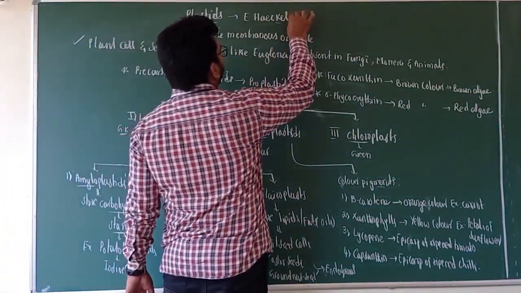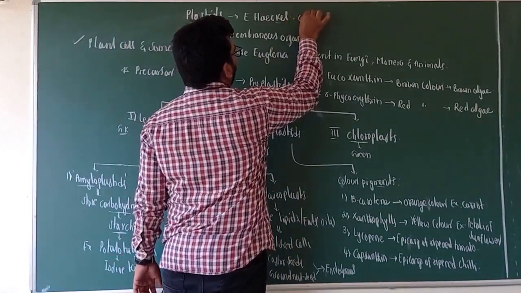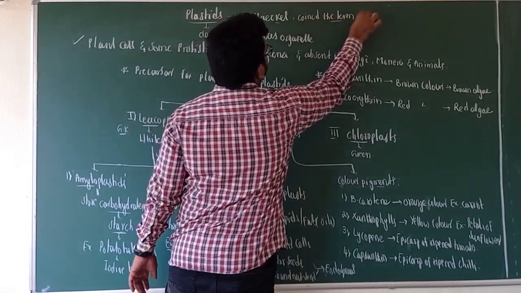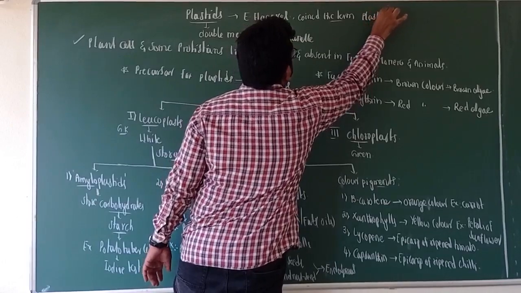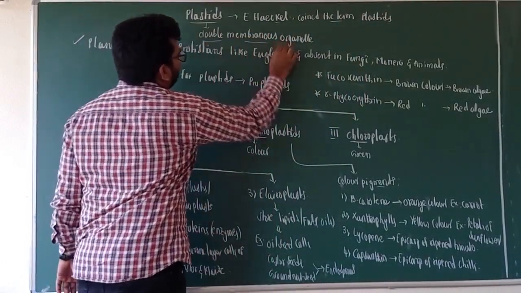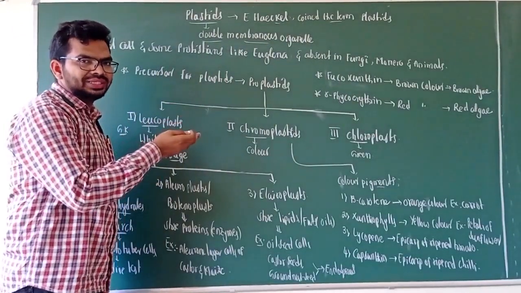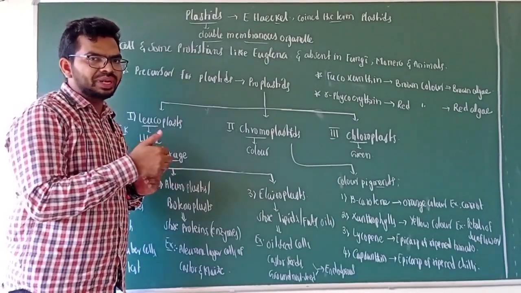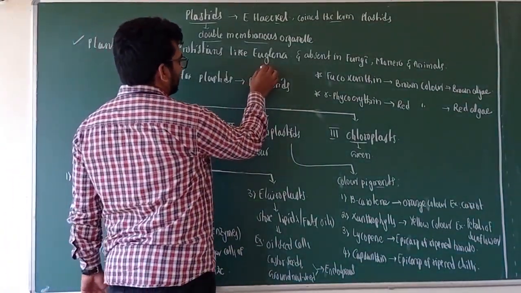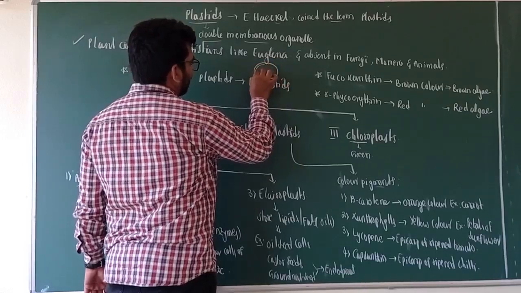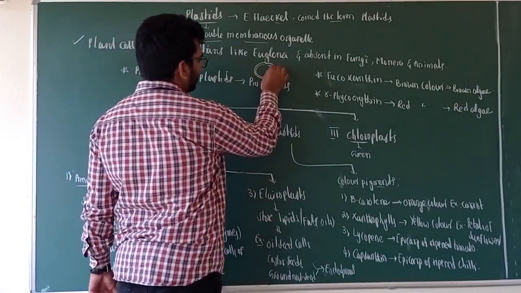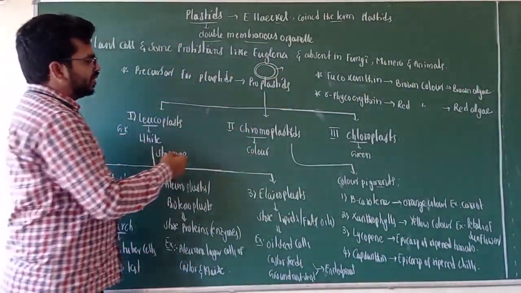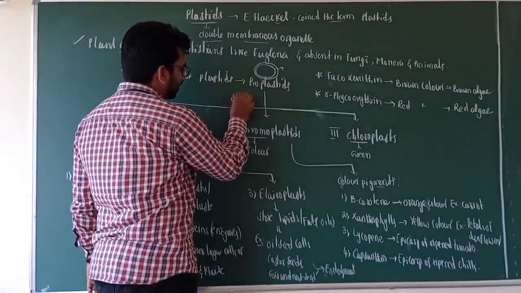Remember, Haeckel was the scientist who coined the term plastids. Understanding? And the plastids are double membranous organelles covered with 2 membranes, the outer plastidial membrane and the inner plastidial membrane. What is the space in between the 2 membranes? We call it what, children? Periplastidial space. If this is the plastid, it is going to be covered with 2 membranes, and the space we call periplastidial space. Okay, and it is going to be differentiated